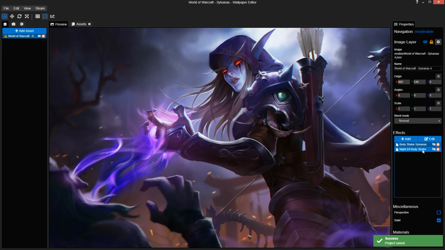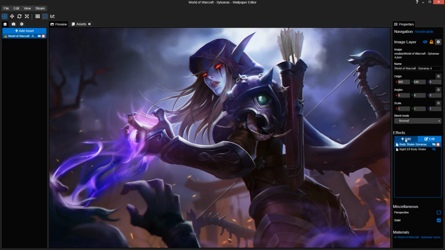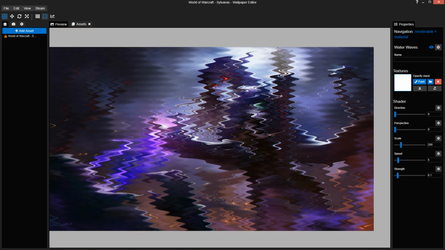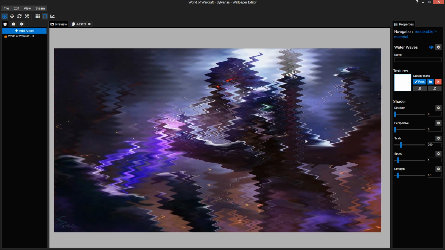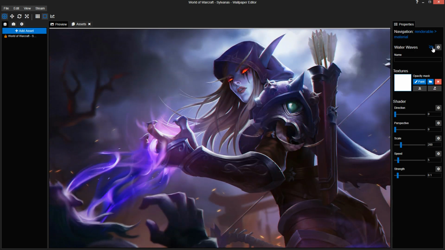Alright, so we're gonna start with turning off these shake layers, because it's easier to draw lines of what to animate and what not to animate when your image is a standing still image. So then we're going to effects. I suppose we're going to start with creating the hair. That's waving, that's easiest. So you're going to add water waves. When you add this, immediately the image is just completely ruined. Keep in mind we want this hair to move, but we do want it to move naturally.